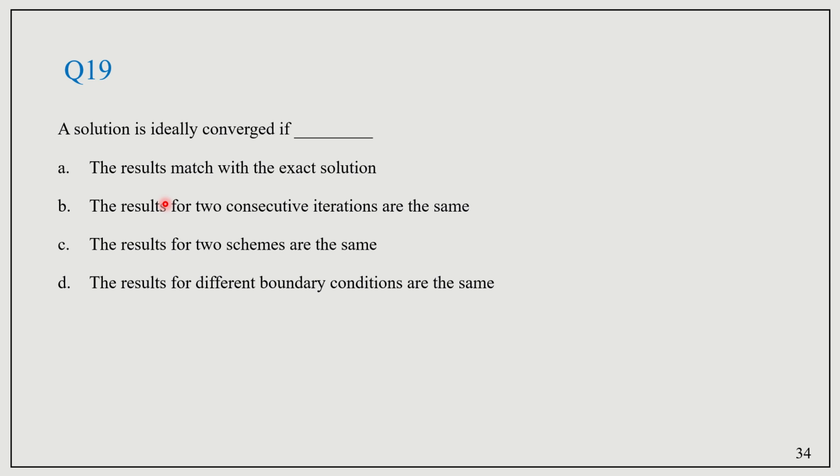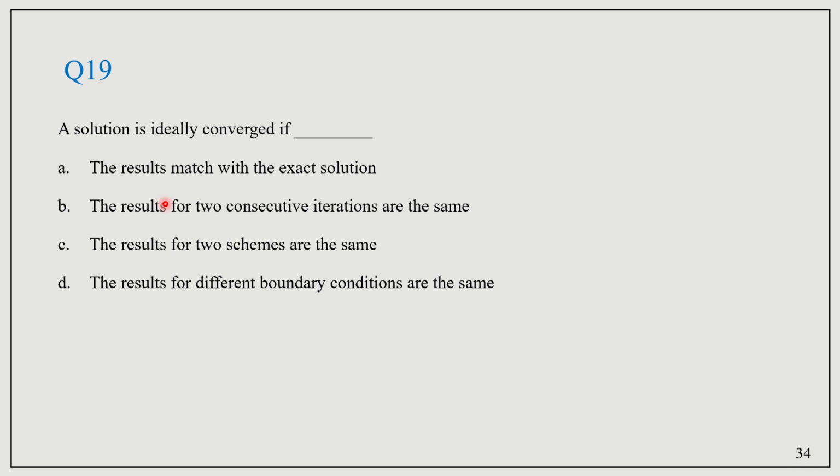For example, if we are calculating velocity, one scheme will iterate over and over at a particular time instant, and we observe the variation between the velocity values. In one iteration it is 0.1, and in the next iteration we are having